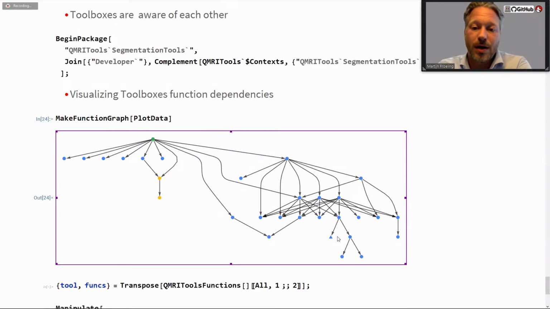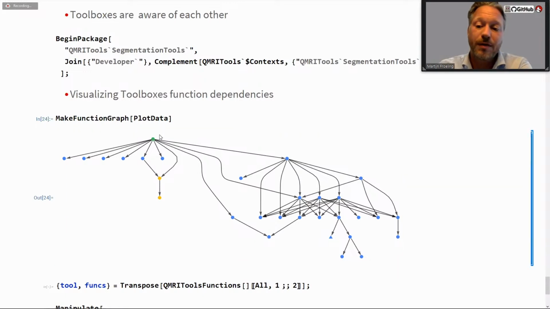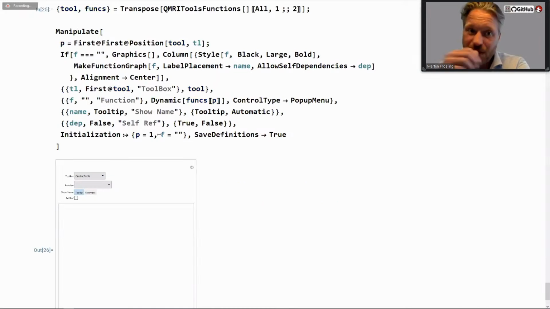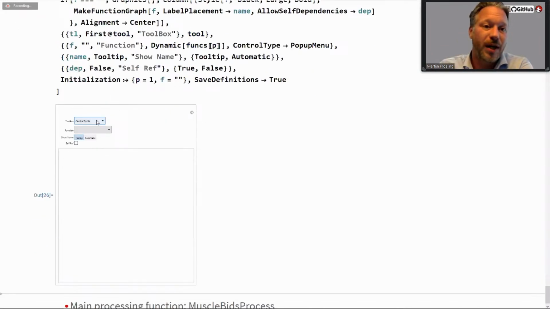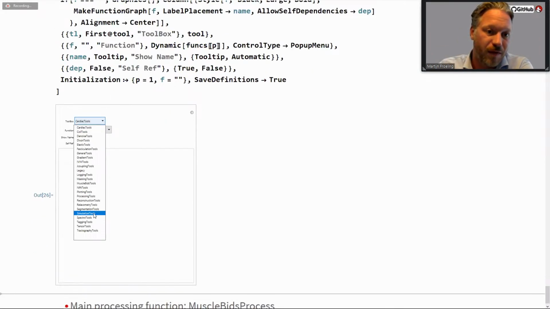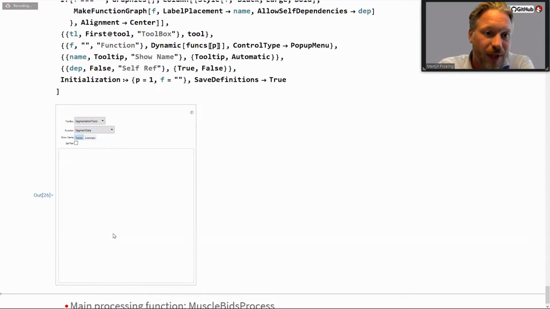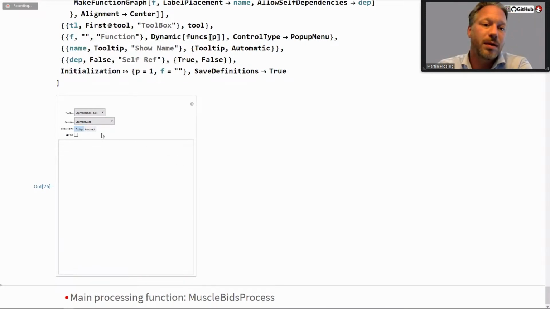So you can see that, and here's a triangle, for example. This is a pure function, so color around is a pure function. So by the shape, I can see what type of function it is. And by the color, I can see where it lives. And of course, I can do this for all functions. That's a nice thing about Manipulate, where I can say, let's look at some other functions, for example, in segmentation tools. Let's pick a function, segment data. These are quite large